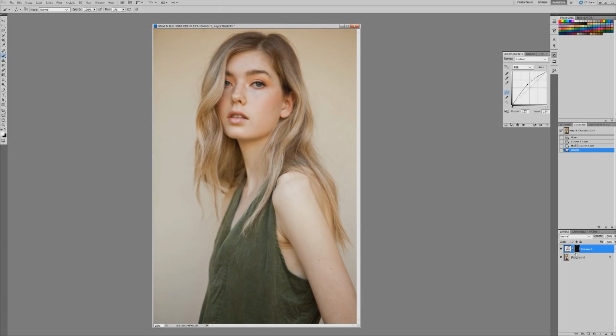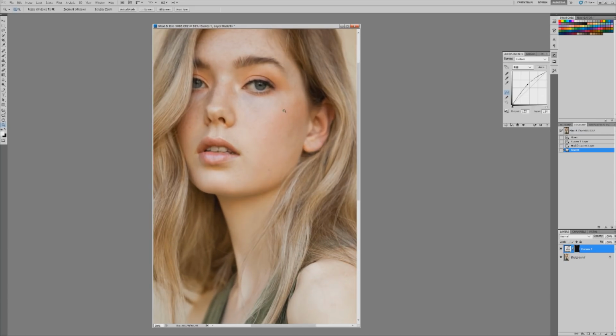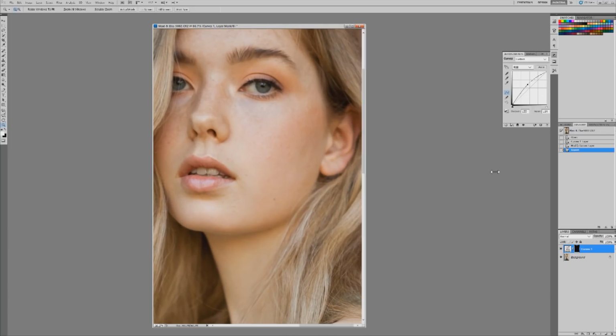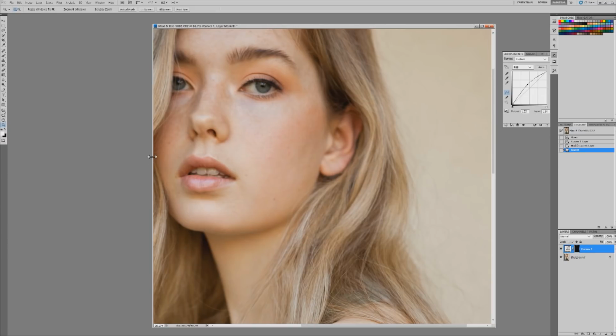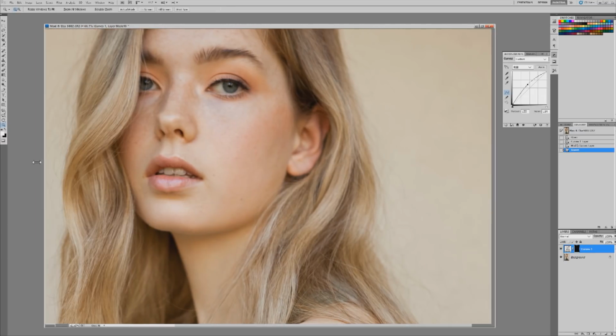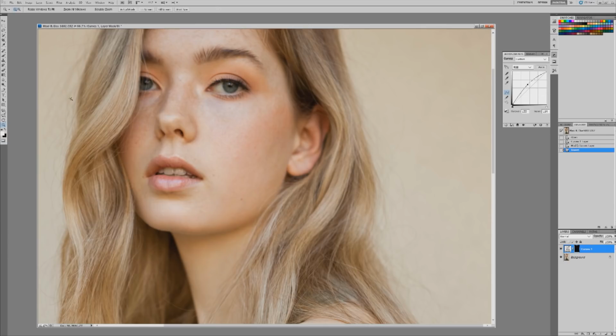We are going to keep that box selected and make sure the paintbrush is selected this time. Flow is at 1% and white is the selected color. This is going to paint back the light onto the image. So we're essentially dodging but using a non-destructive method to do so. So I'm going to zoom into her face, make this a little bit bigger. And we're going to start with the paintbrush,